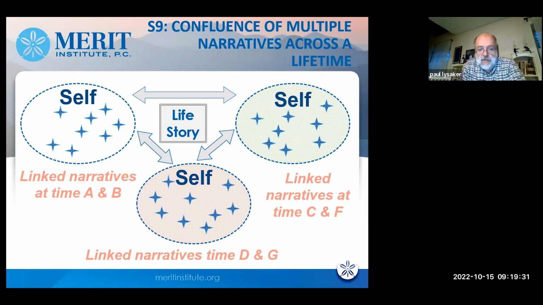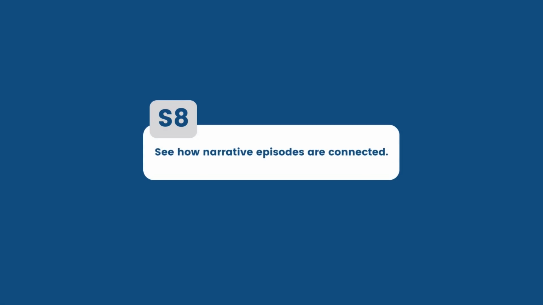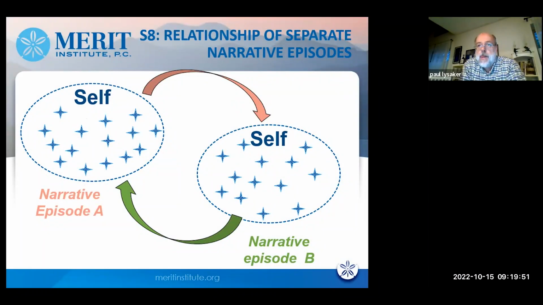The idea is that to be able to do this, you have to be able to even do one of these little boxes, like here, one of these little linked narratives at A and B. And so that's what the 8th level describes. The 8th level describes that I can see how different narrative episodes in my life are related to one another. I can see how my experiences dating a certain person in college were not terribly dissimilar to a certain shyness I had when I was in high school and engaged in a certain activity.